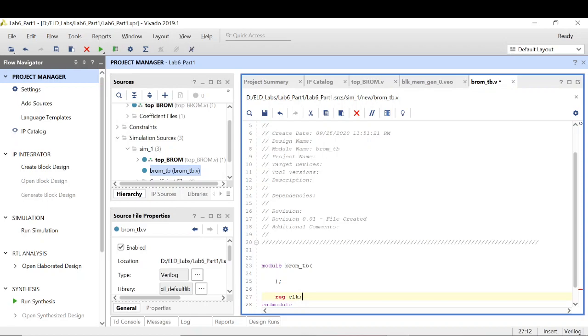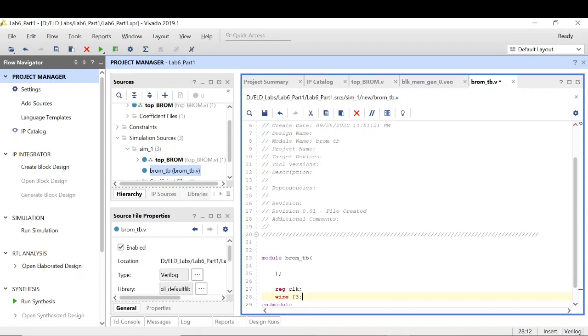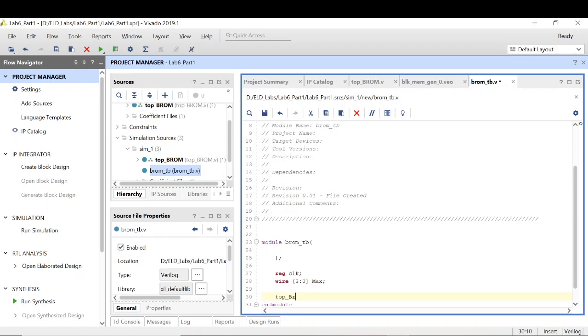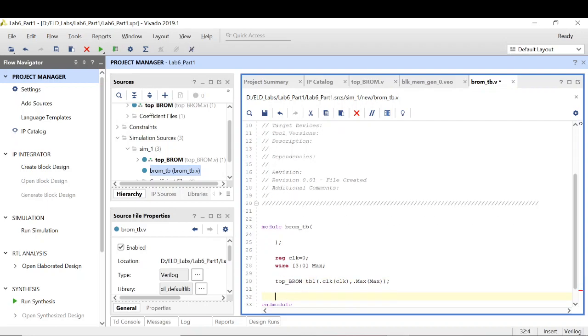This time it is very simple. Next, we need to generate the clock. Okay, we can save it and run the simulation.